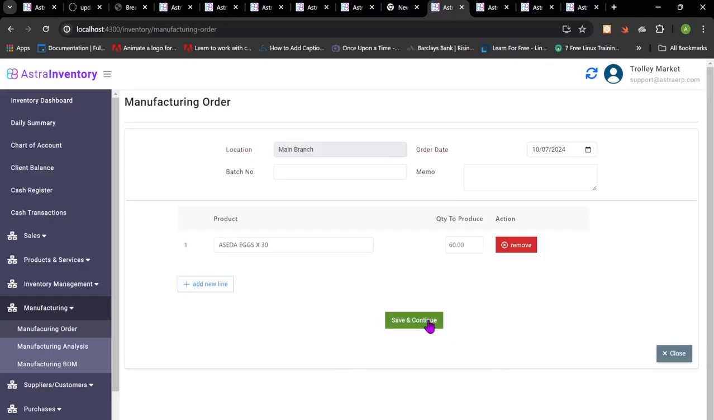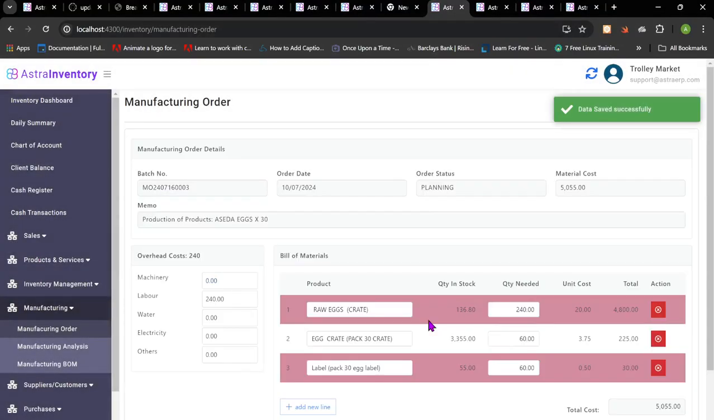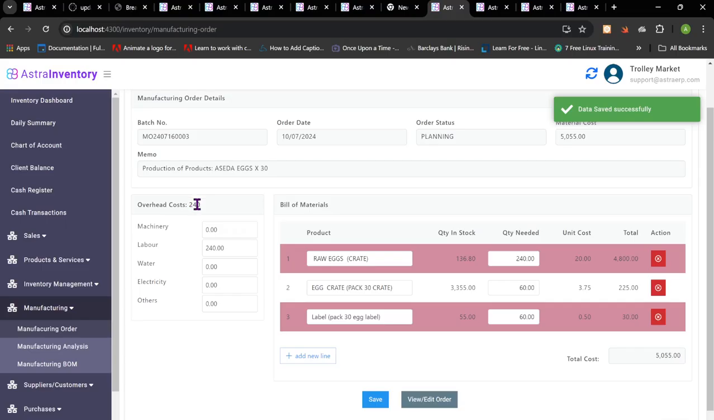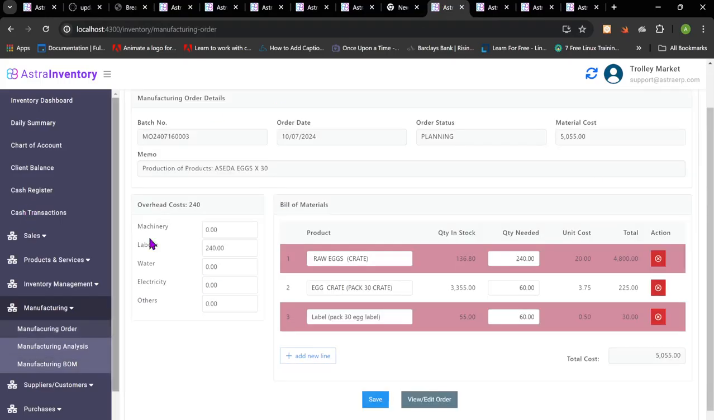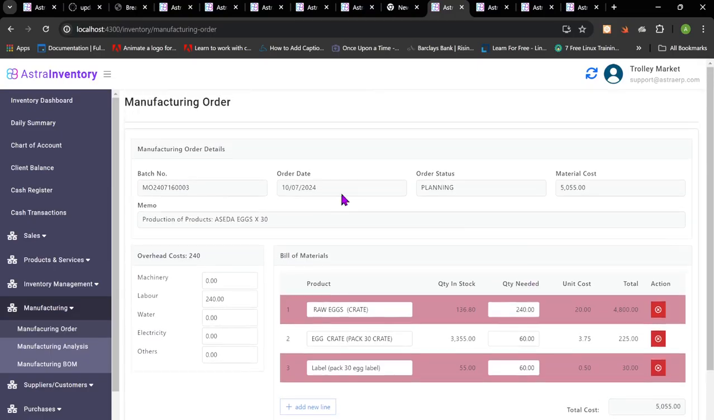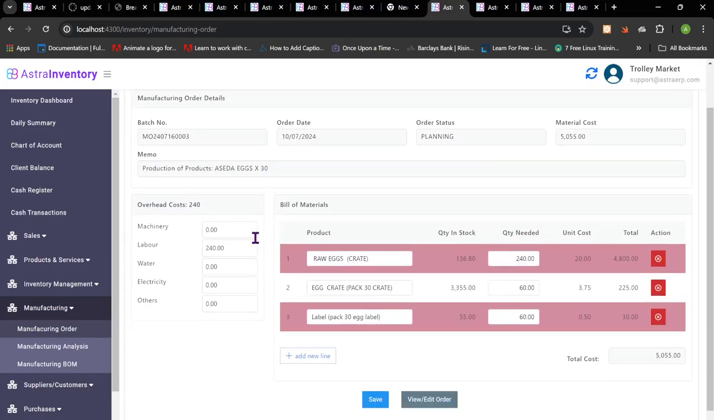So with that said, let's save and continue. When we saved, you can see that we have 240 overhead cost. Why? Because in our blueprint, we specified we use 120 to produce 30. So in a production of 60 of Astra X30, it is going to use twice that. That is 240. It's similar for the calculations for the raw X, and then the egg,